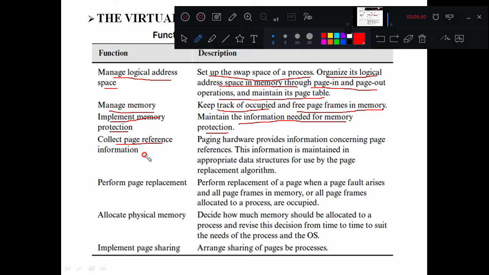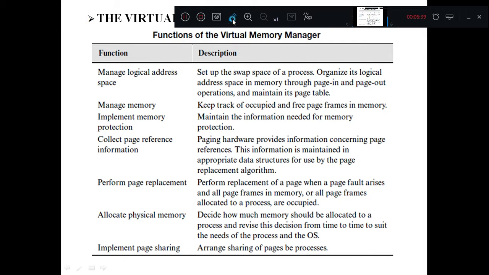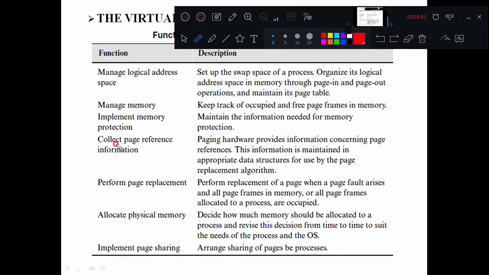Next, collect page reference information. Paging hardware provides information concerning page references. This information is maintained in appropriate data structures for use by the page replacement algorithm, right?